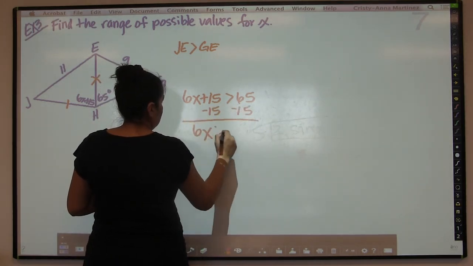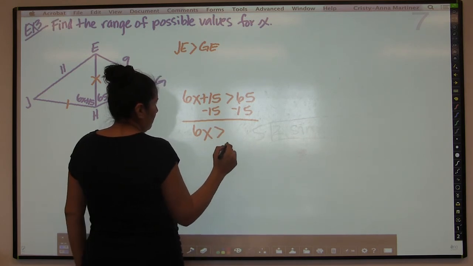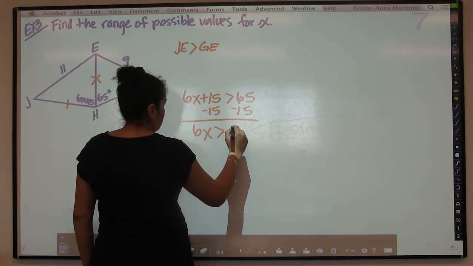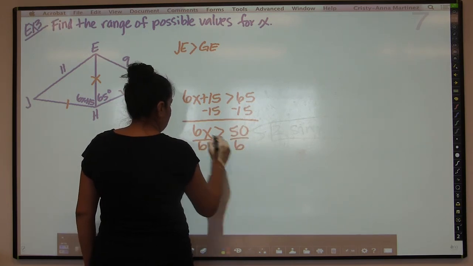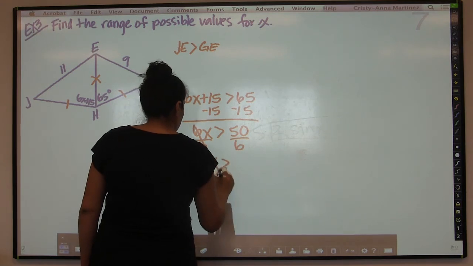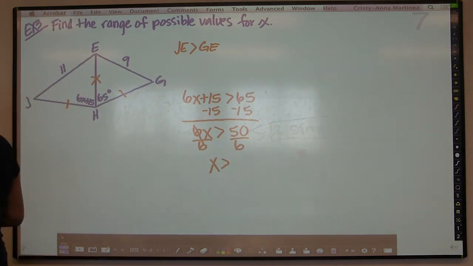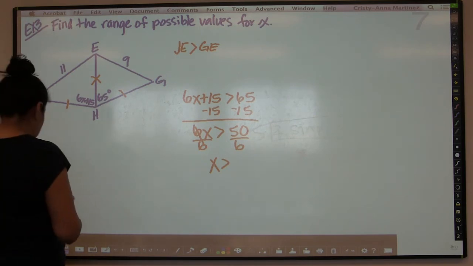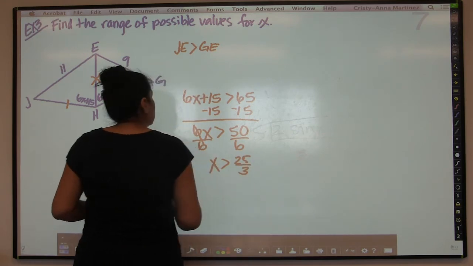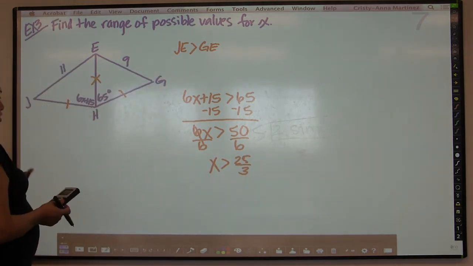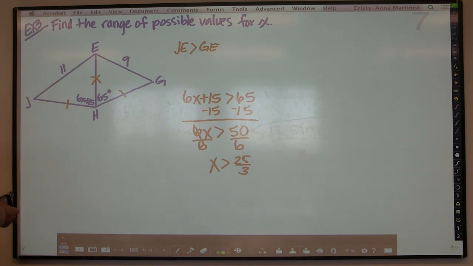So 6x is greater than 65 minus 15, which is 50, so x is greater than 50 divided by 6. And I'm sure that fraction reduces. So 50 divided by 6 is going to give us 8 1/3, which basically is 25 thirds. Okay? So we know that the x value has to be larger than 25 thirds, but we also have to